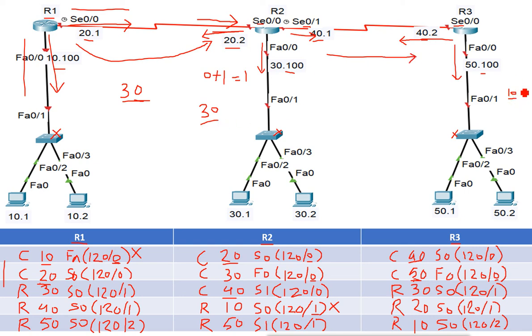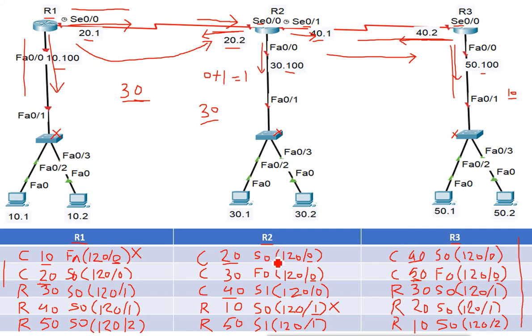Now router 3 will do what? It will send the information to everyone, so it will send it this side and this side. Now what it sent is its routing table. Once the routing table is sent to router 2, remember router 2 does not know about network 10 because it has removed the network. So it gets the information from router 3 that network 10 is available, because it is in the routing table of router 3.